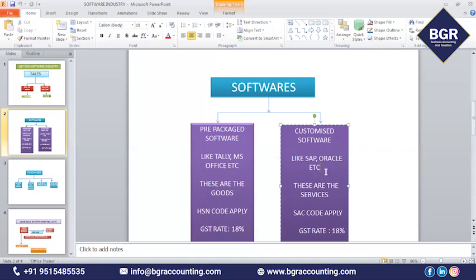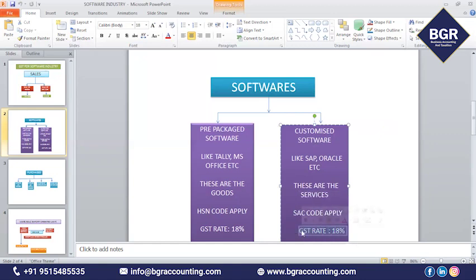SAP is not ready-made. You have to give the order to Infosys, TCS, or any company. Then the company will come to your company, study your requirement, and start developing the software. So customized software are services, and the company has to mention the SAC code in the sales invoice.